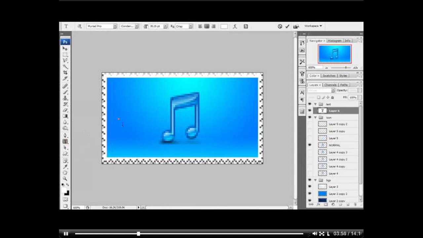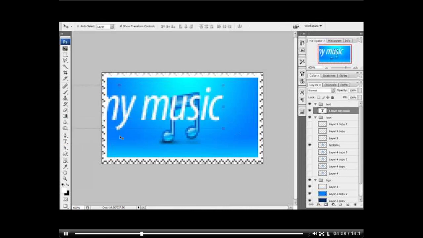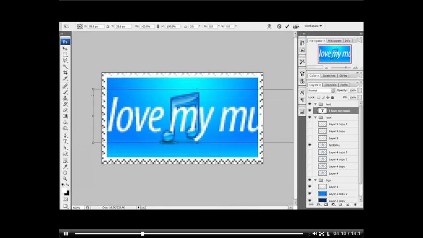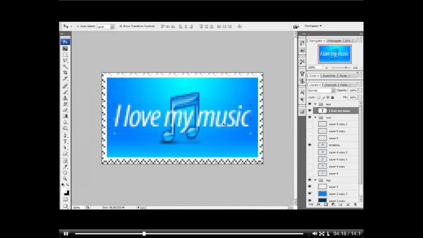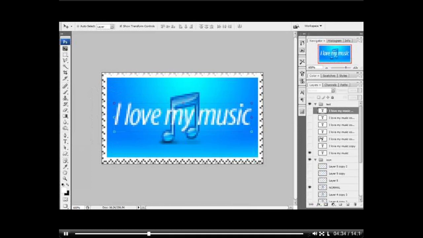Okay, now the text part. The same thing as before. Create a group, and I'm gonna type something here. I love my music. Once you have the text here, we are going to do the same thing that we did before. Just let me fix this thing. Perfect. Okay, duplicate this layer several times,